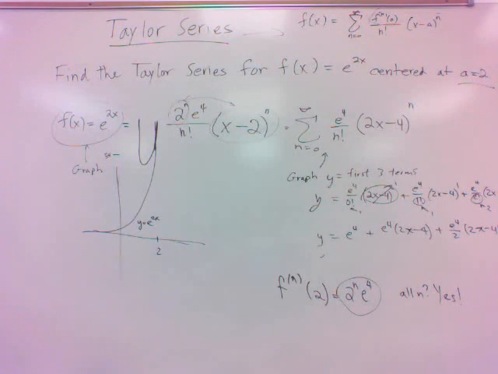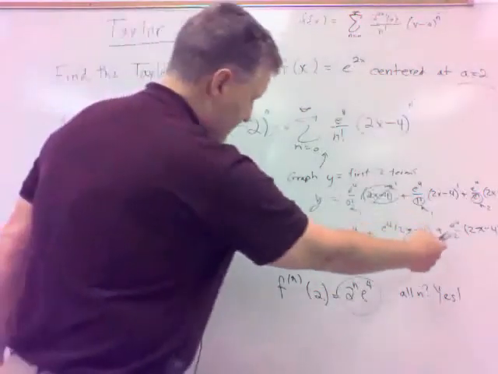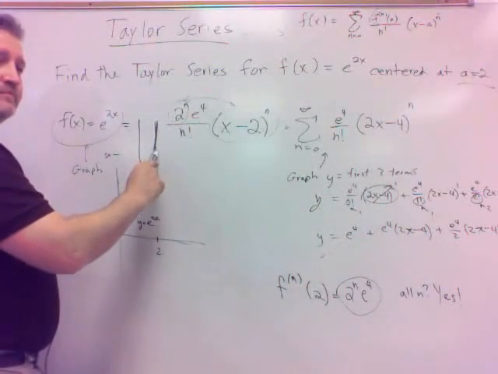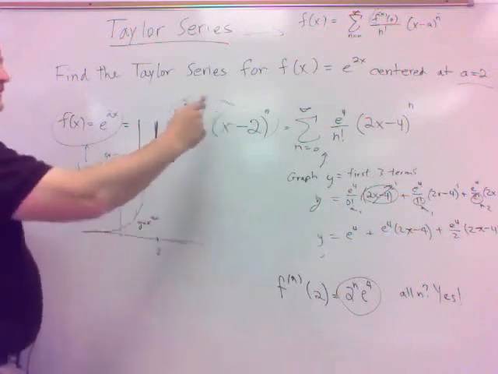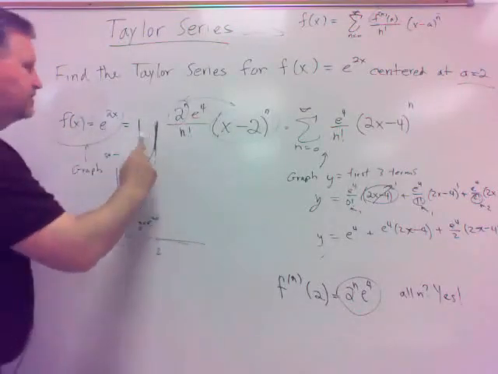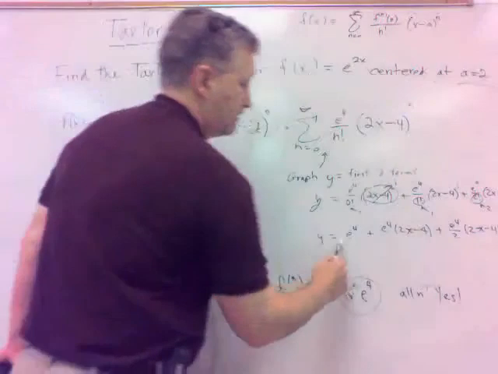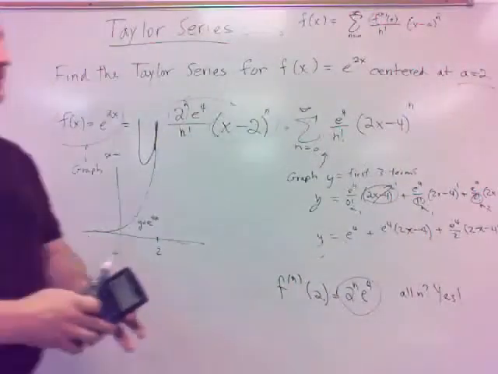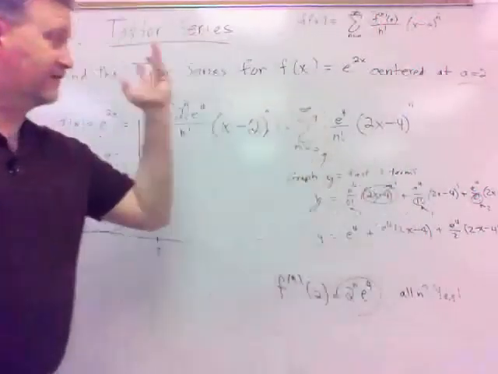It's centered at 2. This basically x squared function is doing a pretty good job of mimicking around 2. So that's why we say this is centered at 2. Because that's where these two things will be coinciding, and that was just with the first 3 terms. If I go out to infinity,